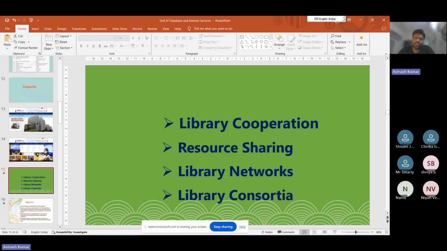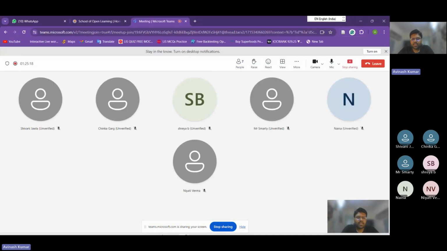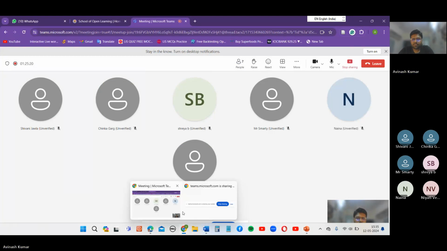तो देखो, लाइब्रेरी कंसोर्शिया, ओके, सॉरी, रिसोर्स शेयरिंग। जो ये कॉन्सेप्ट फर्स्ट आया लाइब्रेरी कोऑपरेशन, देन आया रिसोर्स शेयरिंग, then this resource sharing describes the concept of ILL, inter library loan। मतलब एक लाइब्रेरी से दूसरी लाइब्रेरी में लोन लिया जाता था। अगर किसी लाइब्रेरी के पास कुछ रिसोर्स है, किसी के पास कुछ रिसोर्स है, तो आपस में शेयरिंग करते थे। इसको बोलते थे ILL, इंटर लाइब्रेरी लोन सर्विसेज। ओके, but after some time it will change, then comes library networks। Okay, so when the library network came in one